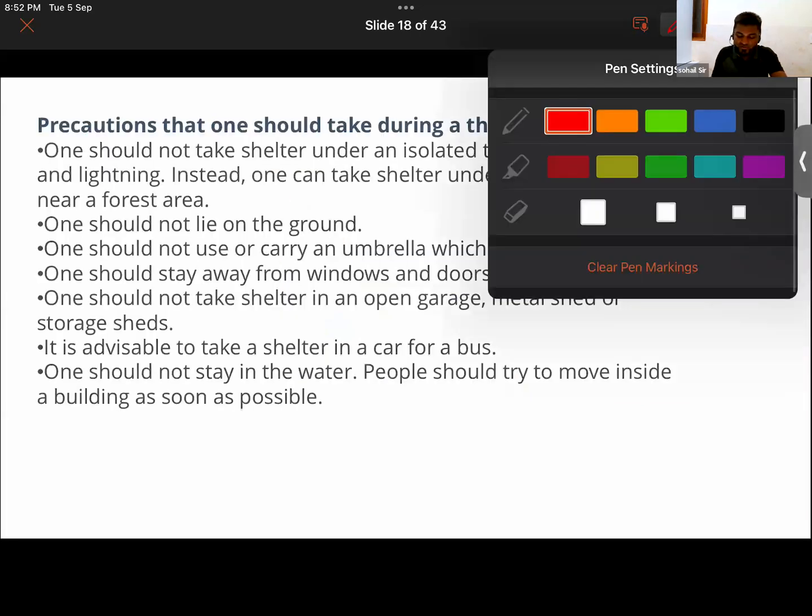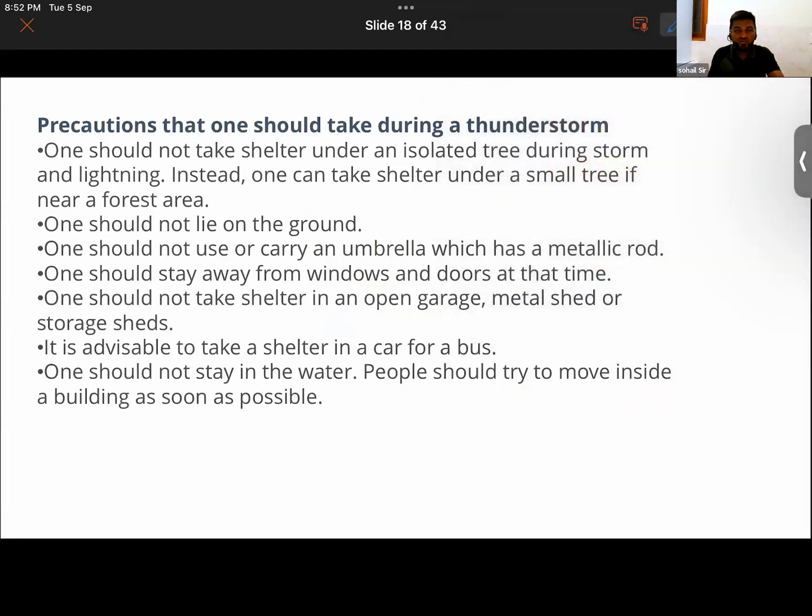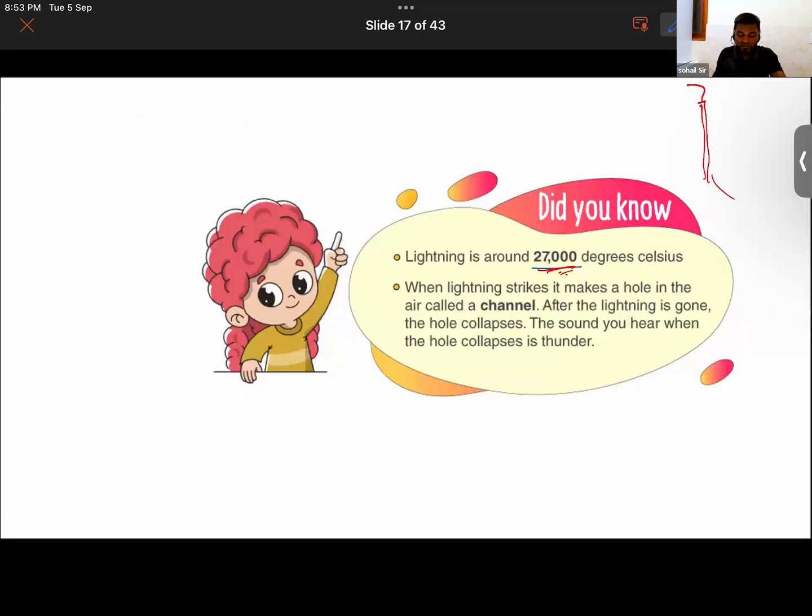What are the precautions that one needs to take when there is a thunderstorm? It is as follows. One should not take shelter under an isolated tree. Why is it so? One should also not take shelter under an electric pole as well, because